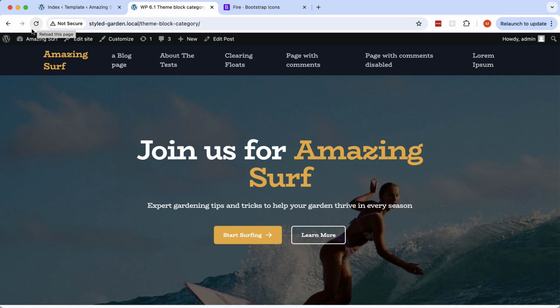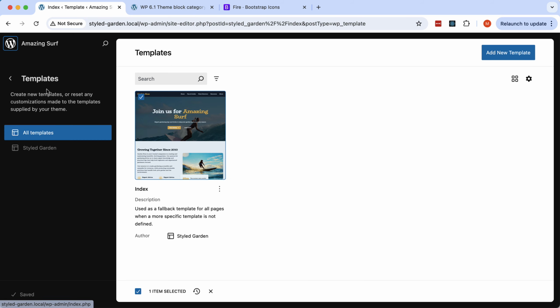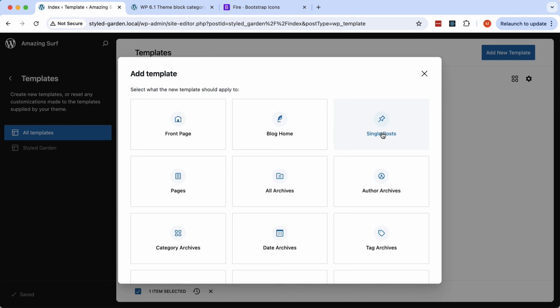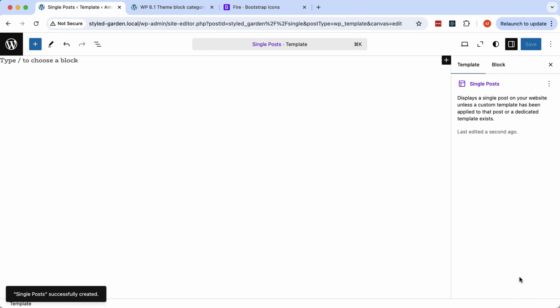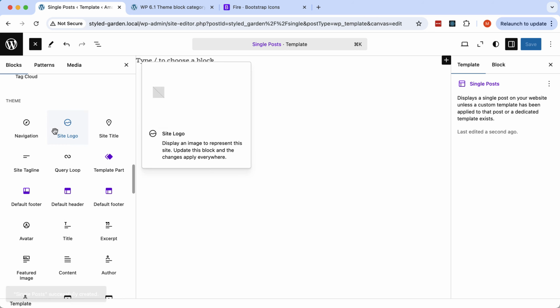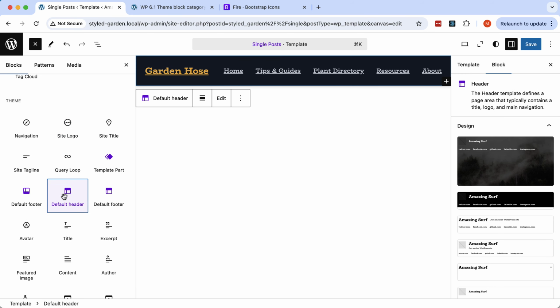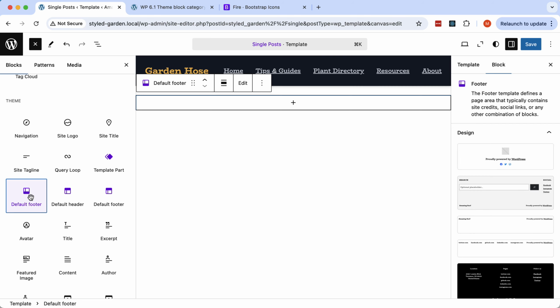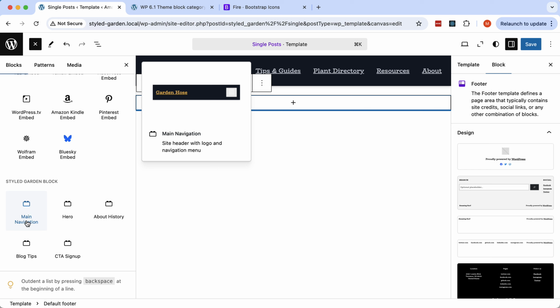And now we go here, templates. We will add new template, single posts. No pattern. And now let's just add, so what do we need? We need header. We need the footer, okay, which is empty. And then let's put in the